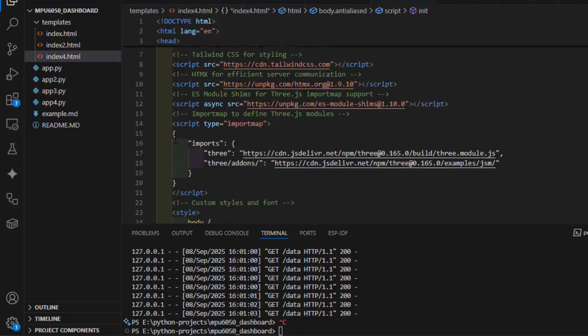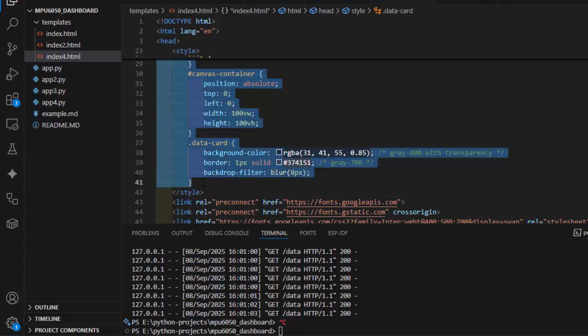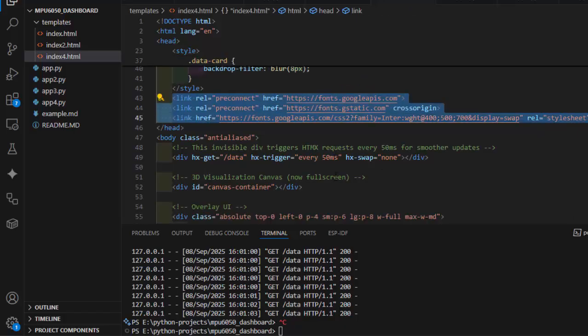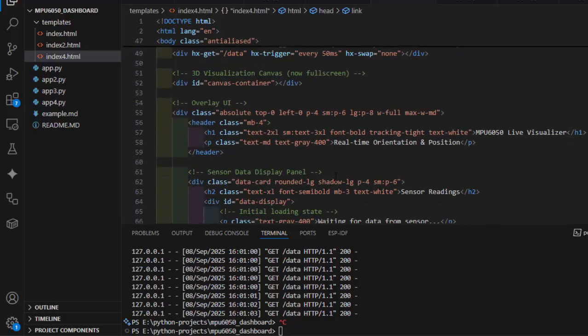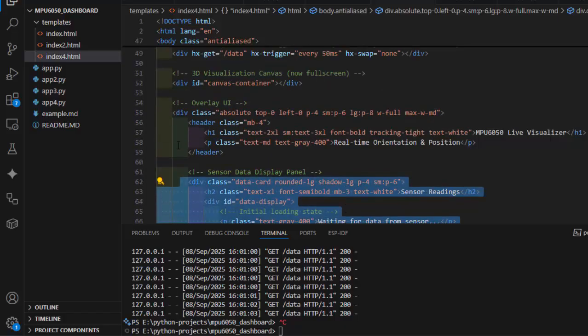So we are importing the libraries for Three.js, and we are also using add-ons. Inside that, we are creating simple CSS for our background and data cards. Then we are importing some fonts from Google Fonts, and we are simply creating some divs to display